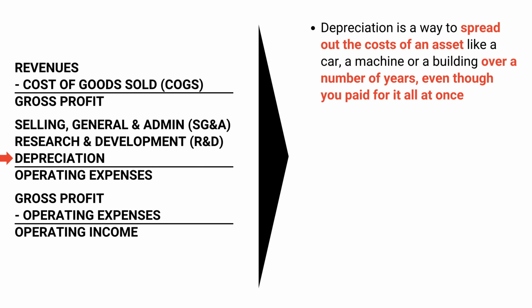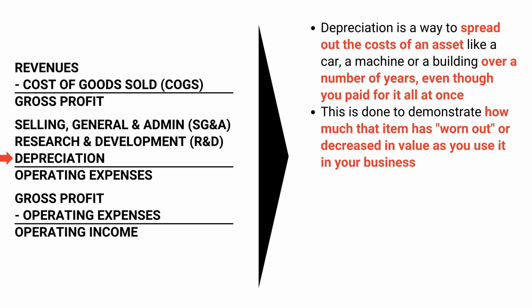Depreciation is a way to spread out the cost of an asset like a car, a machine, or a building over a number of years, even though you paid for it all at once. This is done to demonstrate how much that item has worn out or decreased in value as you use it